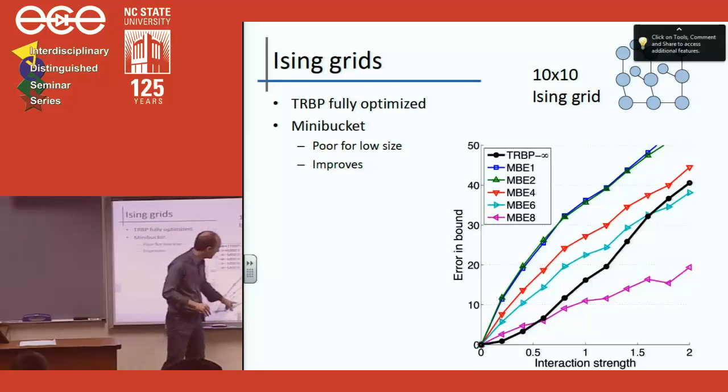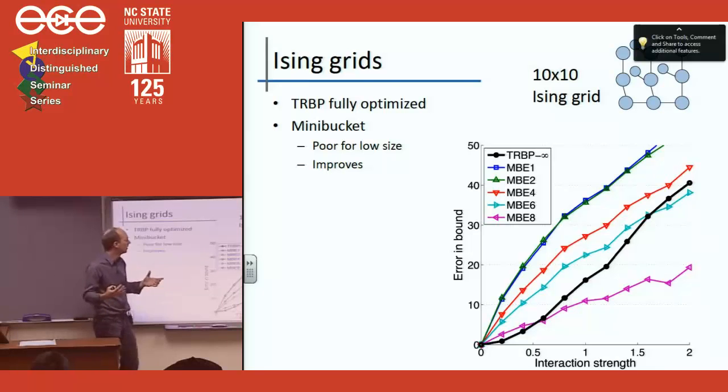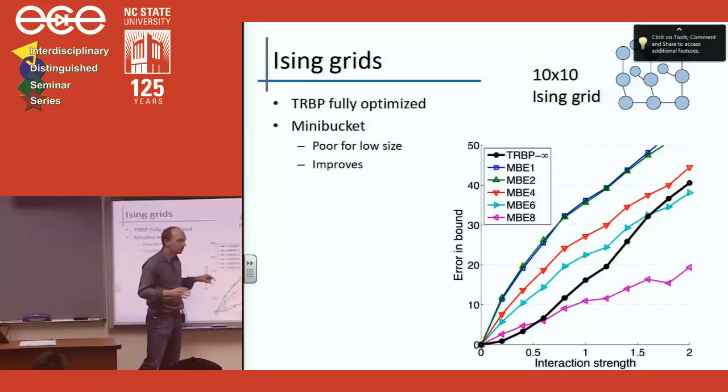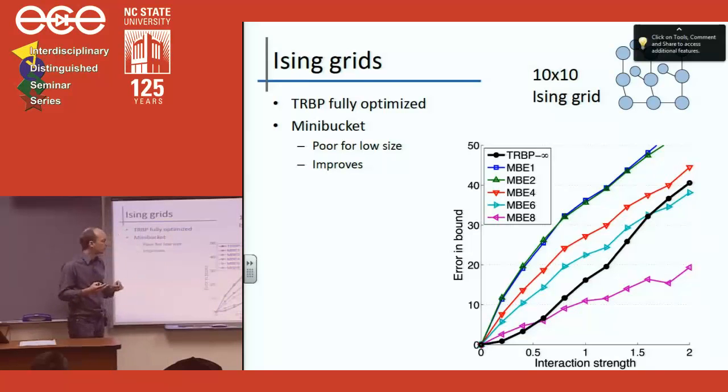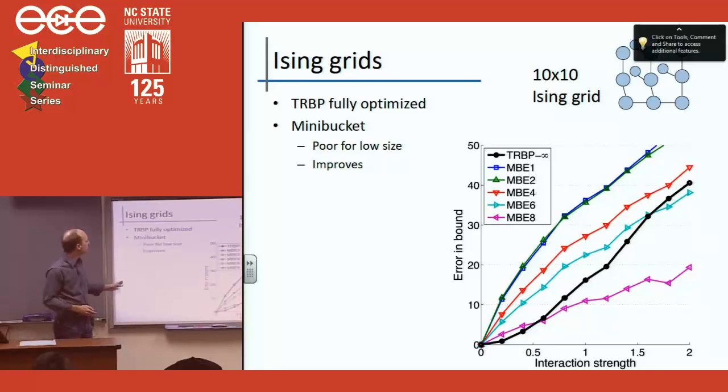It only starts to get pretty good once the table size gets really large. So here, this is width 8. So I'm able to accommodate tables of size 9, actually. So these are using memory 2 to the 9th per function. And only at that point does it start to get better than tree-weighted. But if you just substitute the